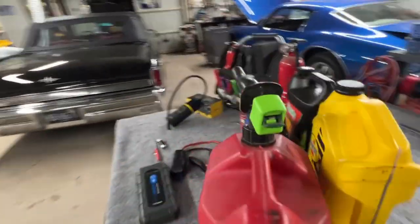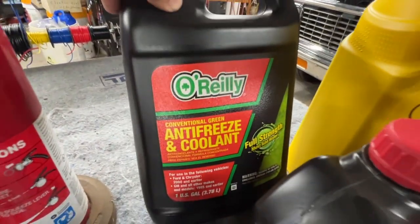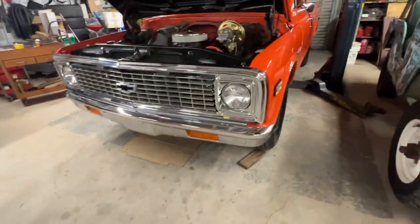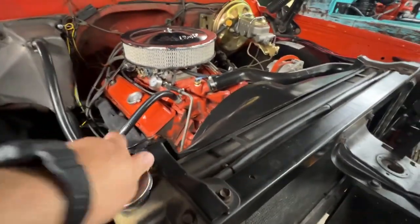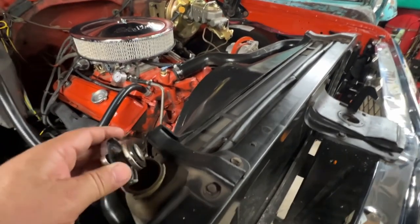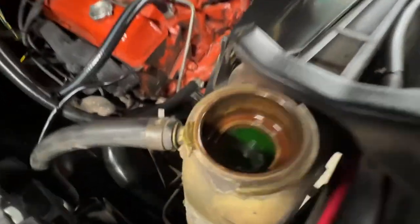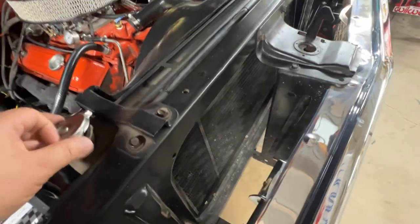All right, and then finally the cooling system. The next fluid is antifreeze. Water is okay in an emergency situation, but know that if you put water in your radiator, you start the process of corrosion. There's a recommended level of antifreeze to water, but you should see green in there. You don't want to see clear